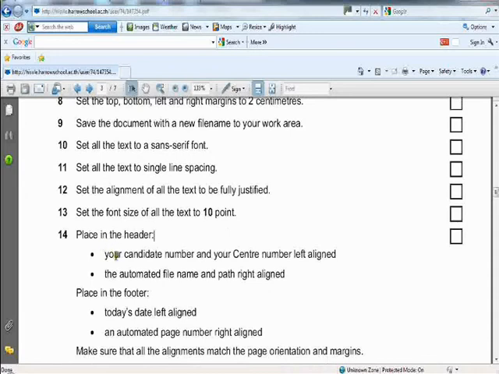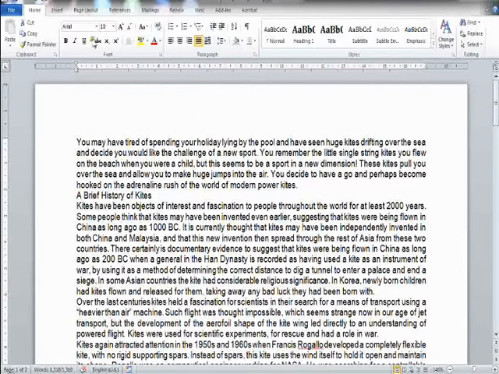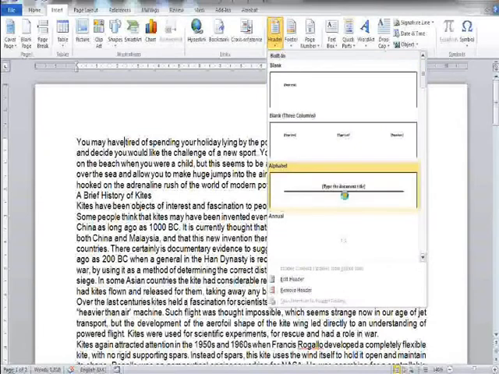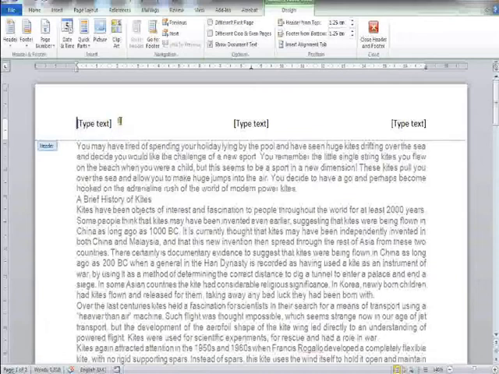Question 14. Place in the header your candidate name, center number, left align, and an automated file name, right align. So if I go to insert, and then header, I'm going to click on this one just to make it easier for me to align the text. I've got one on the left, one in the middle, one on the right. And then on the left I need to put my number and my center number. And then I don't think I need anything in the middle, so I'll delete this one. Then on the right I need